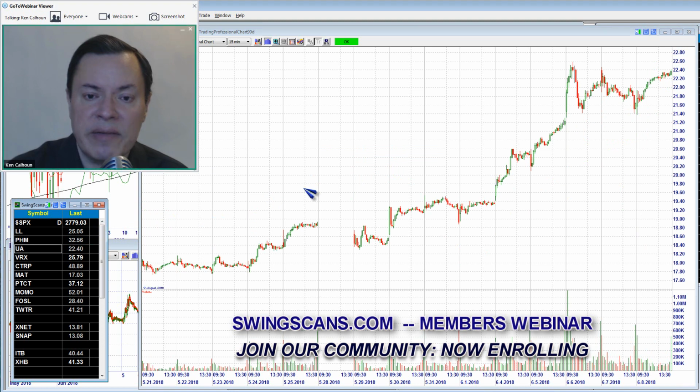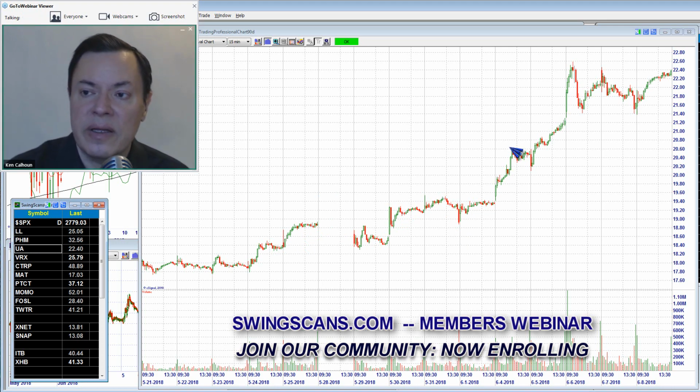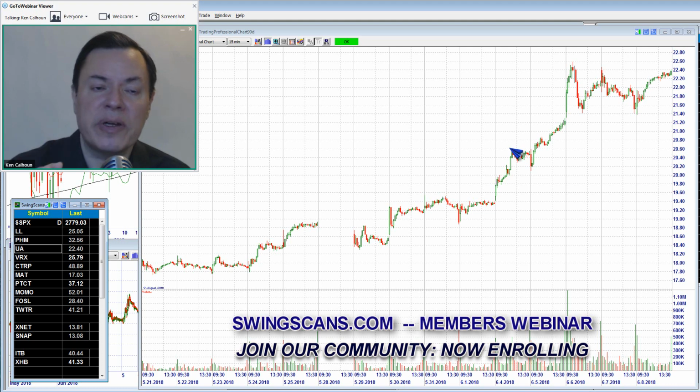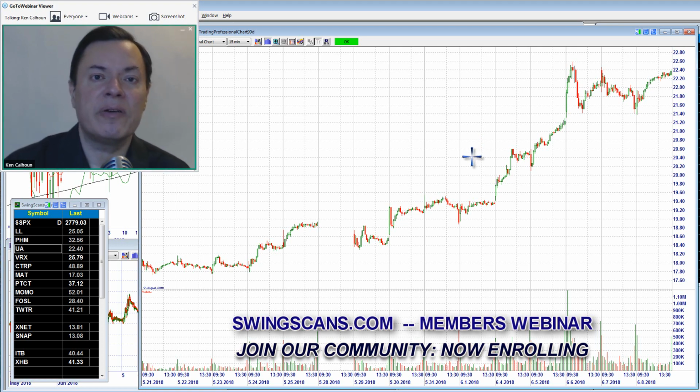Next up, UA has an even more consistent uptrend, a nice big swoop going from 17.80 up to 22. So over 4 points, almost 5 points of range on this chart makes it a winner. I always ask myself, and something that you may find helpful in your own swing trading is, how much money could I have made with this chart